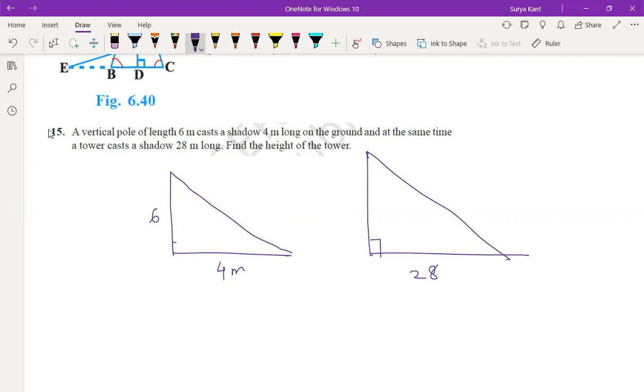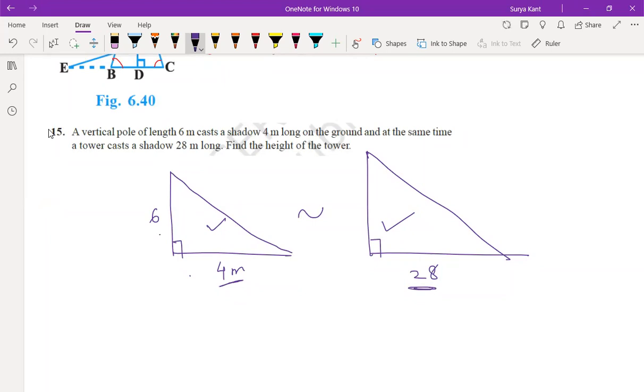How to do this question? Sir, we can multiply 3 by 2 into 28, sir. So we will get 14 into 3, 7 into 6, that is 42. This 42 is the answer, sir. How can you say that? Because these two triangles would be similar first, right? How to make these two triangles similar? As they are 90 degrees, and the shadows are 4 meter and 28 meter. They are both in ratio, right? But how is it a ratio?